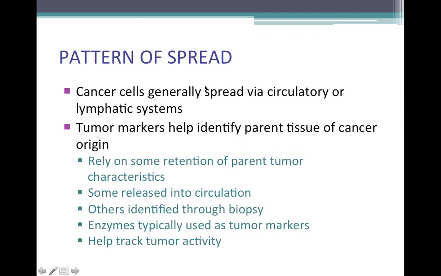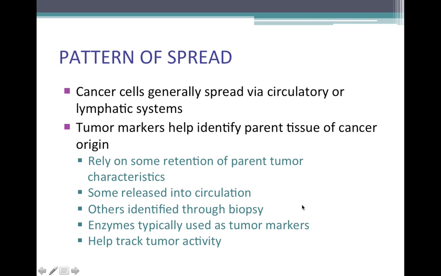Now, the cancer cells are typically going to spread through your circulatory system, so through your blood or lymph. And usually, in order to be certain about where the cancer cell came from, you have to perform a genetic analysis on it to understand, okay, is the cancer cell I'm finding in the lung, did that cancer cell start in the lung or did it start in the kidneys or the liver or skin? Really, the only way to be sure of that is to do some tumor marker identification, so looking at certain enzymes or gene transcription that correlates with certain tissues.